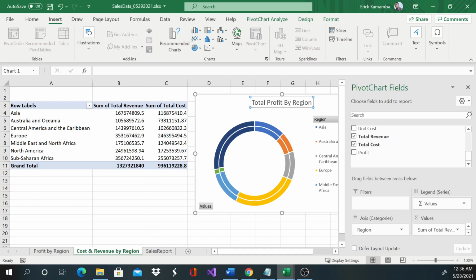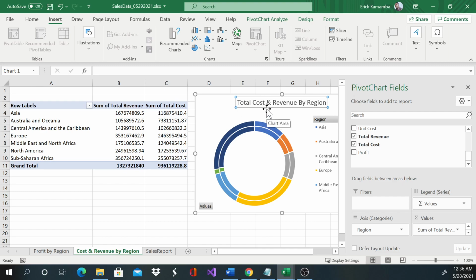And again, I'm going to name it total cost and revenue by region. Okay, I can move this, I can extend, I can change the color and all that,